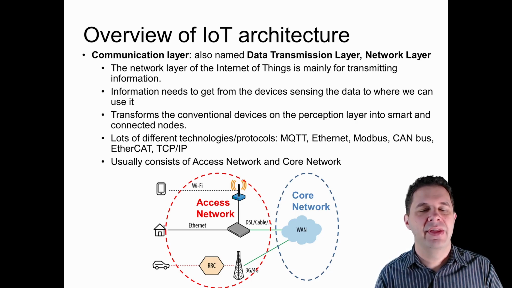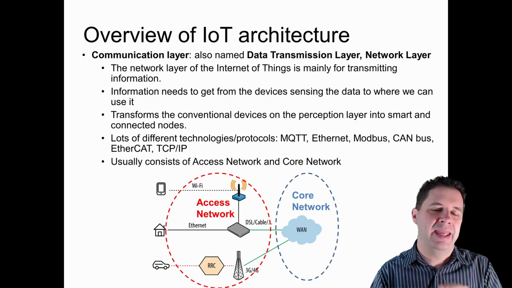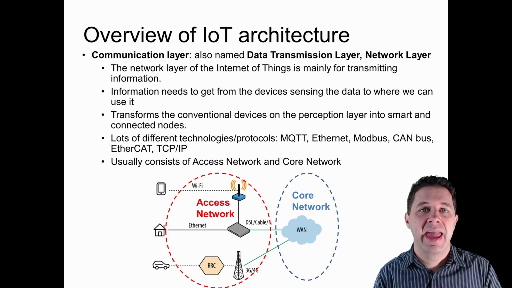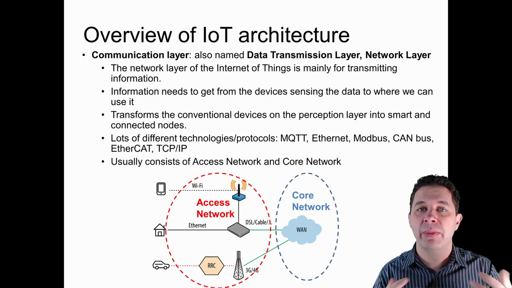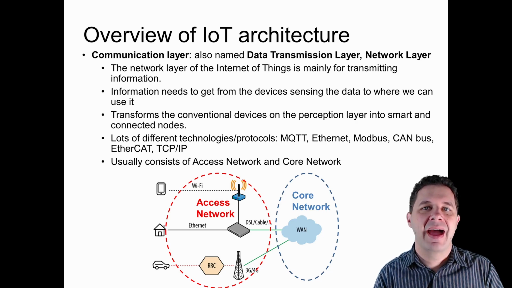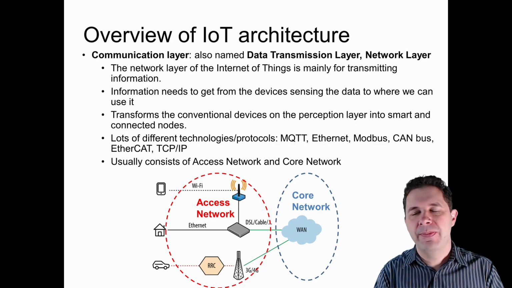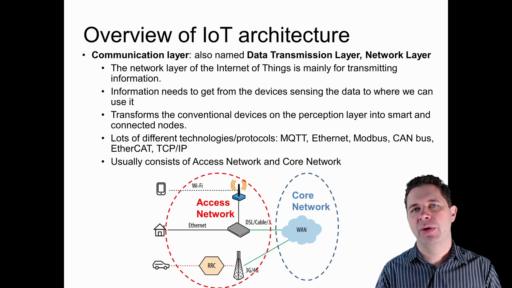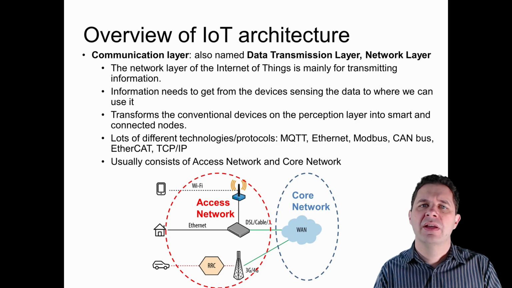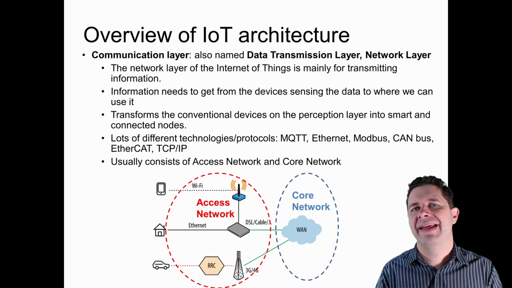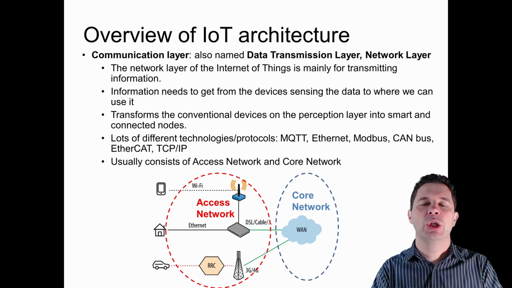Everything from Ethernet and TCP/IP, which are standard internet protocols, to MQTT, which is a commonly used messaging protocol, CAN buses, which are commonly used in vehicles, or Profibus, Modbus or EtherCAT, which are commonly used for industrial equipment. So there's a whole bunch of different protocols to allow the data that's being collected to be transmitted and